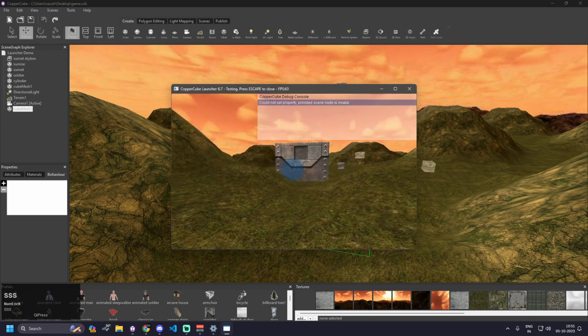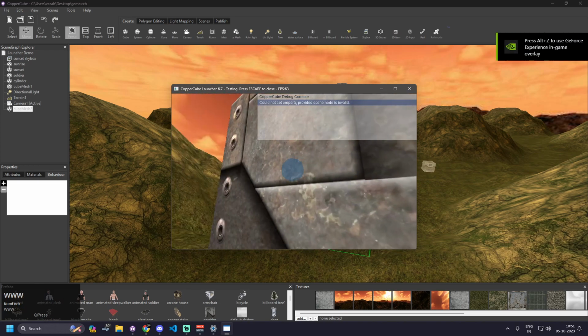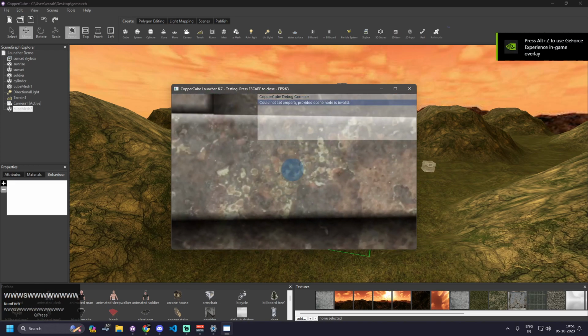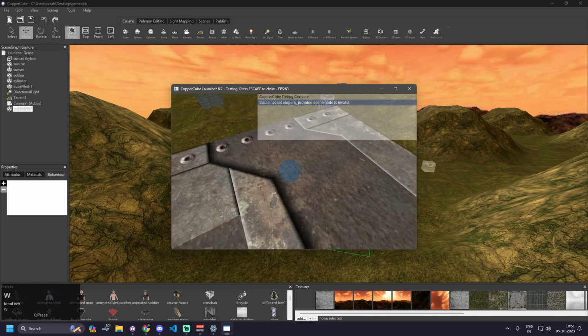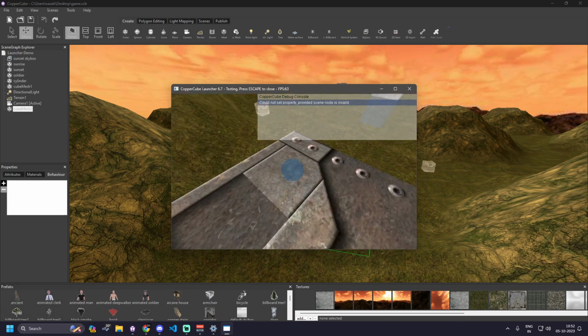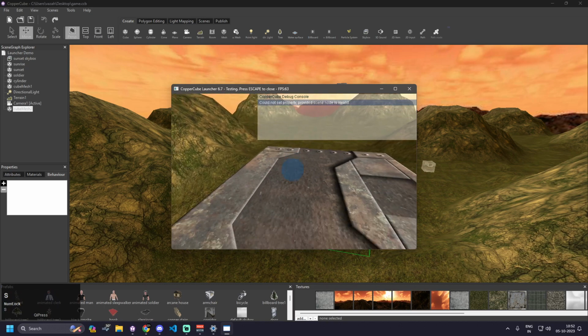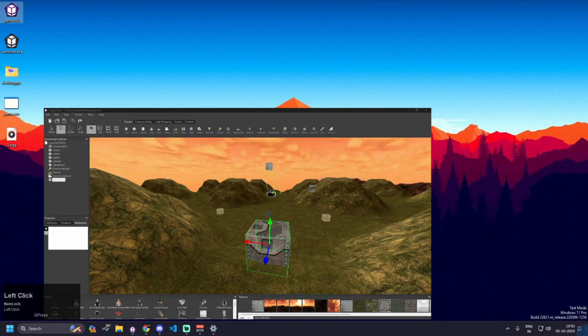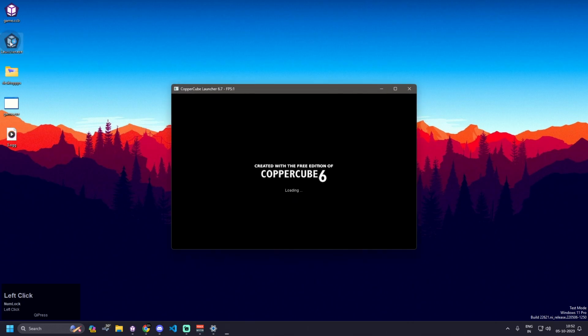And right now you can see we have this window where we are trying to get past this cube, but there is collision. And if you want to turn off the collision, it won't turn off during runtime, but with the help of the launcher, we can simply turn it off. So if I go here and use the launcher,